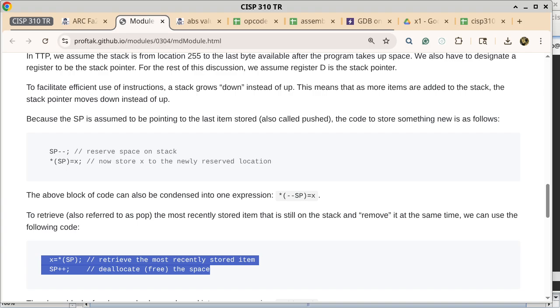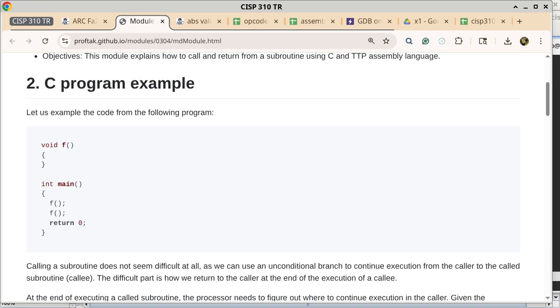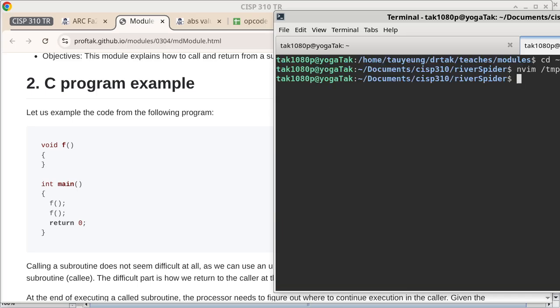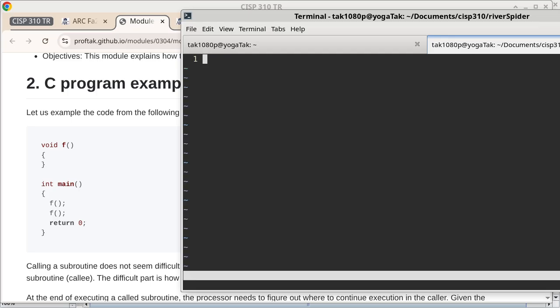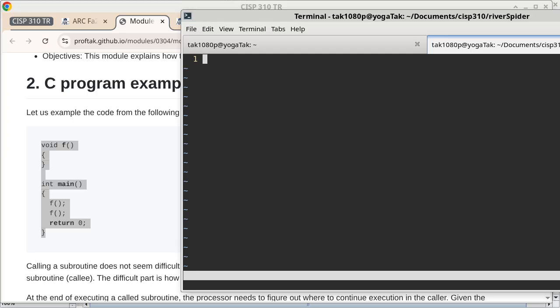We good? All right. So now that we have the concept of a stack, we can go back to the C code here, and try to answer the question of how we implement something like this in assembly. This is the second part of this particular discussion. So I'm going to write a program, we'll just call it call return, call return.ttp-asm. And in this program, the first thing I would do is copy and paste the entire C code into the assembly code,